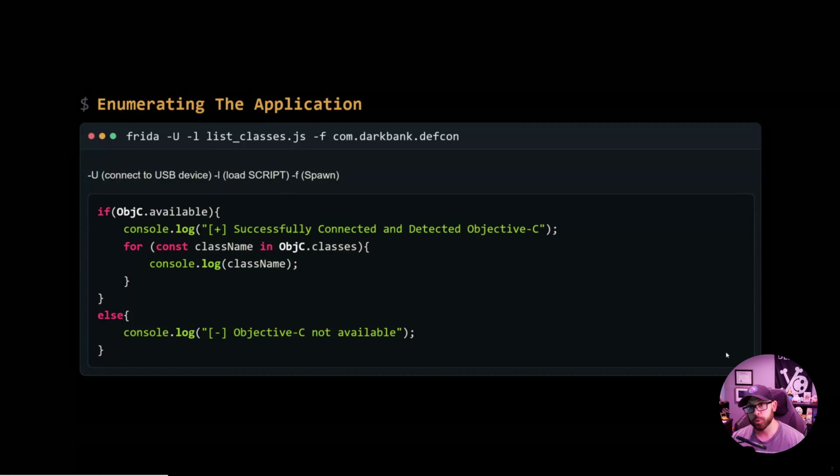So let's dive into our first script. We have the command up here that we run that's going to leverage this script. Quickly put, this is frida -U for USB, -l is going to be to load the script. So we're going to load listclasses.js and then spawn the process